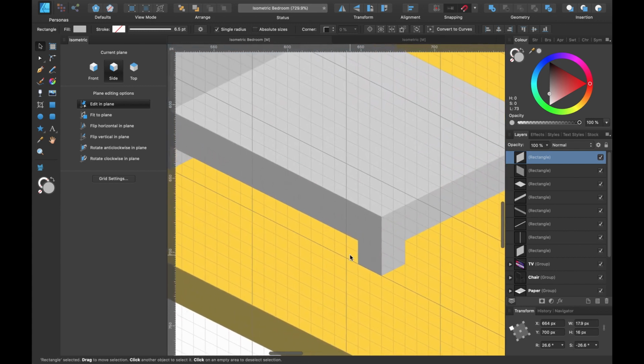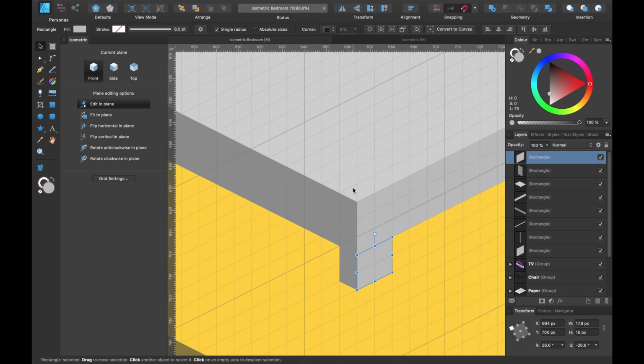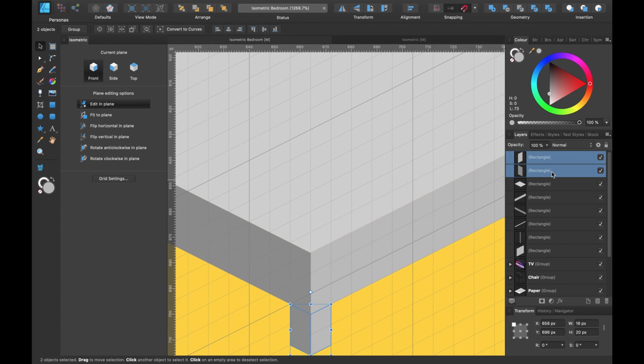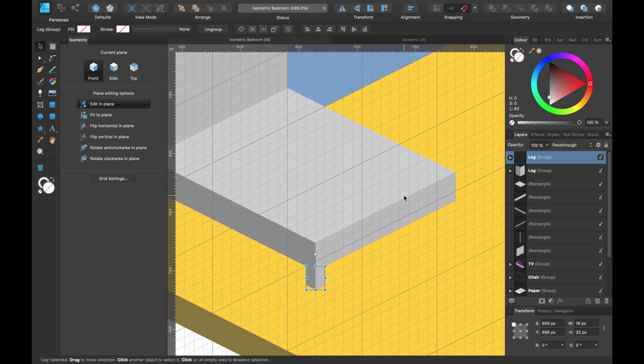That looks a little thick actually compared to the one over there. So I may make it slightly smaller actually. So this one I will just drag down so it's just 1. And for this one I will also drag it. I have to click on the other plane. I'll just drag it down like that so it's just a slim one. That looks better. We'll group that in the layers, Command G to group, and we'll call it leg. Command J to duplicate that. Hold down Shift and drag up until it snaps into place.